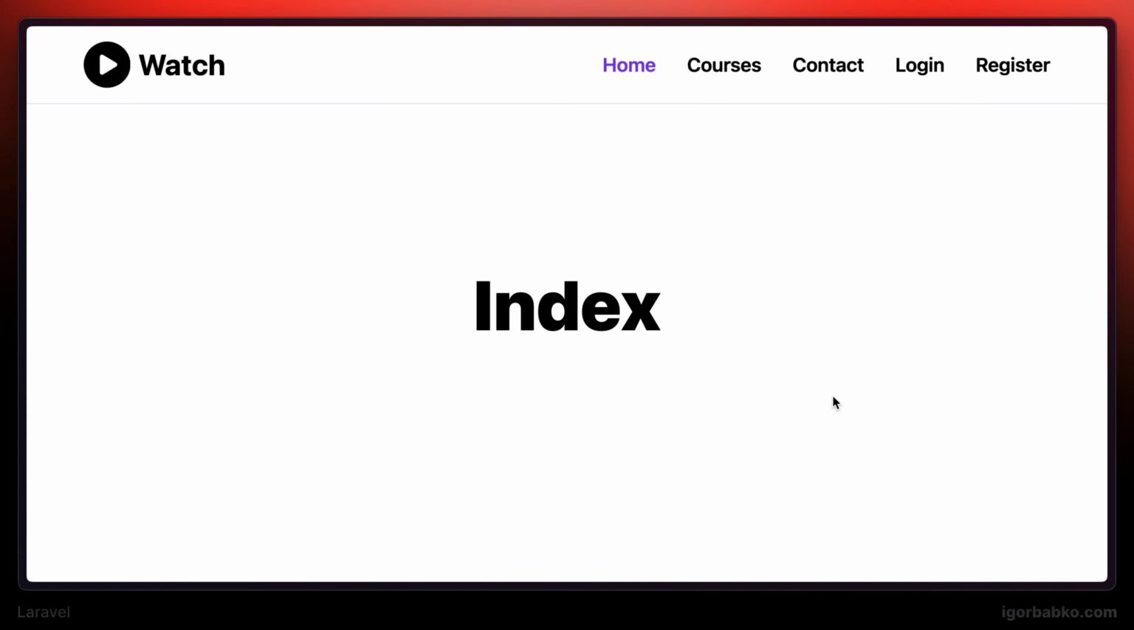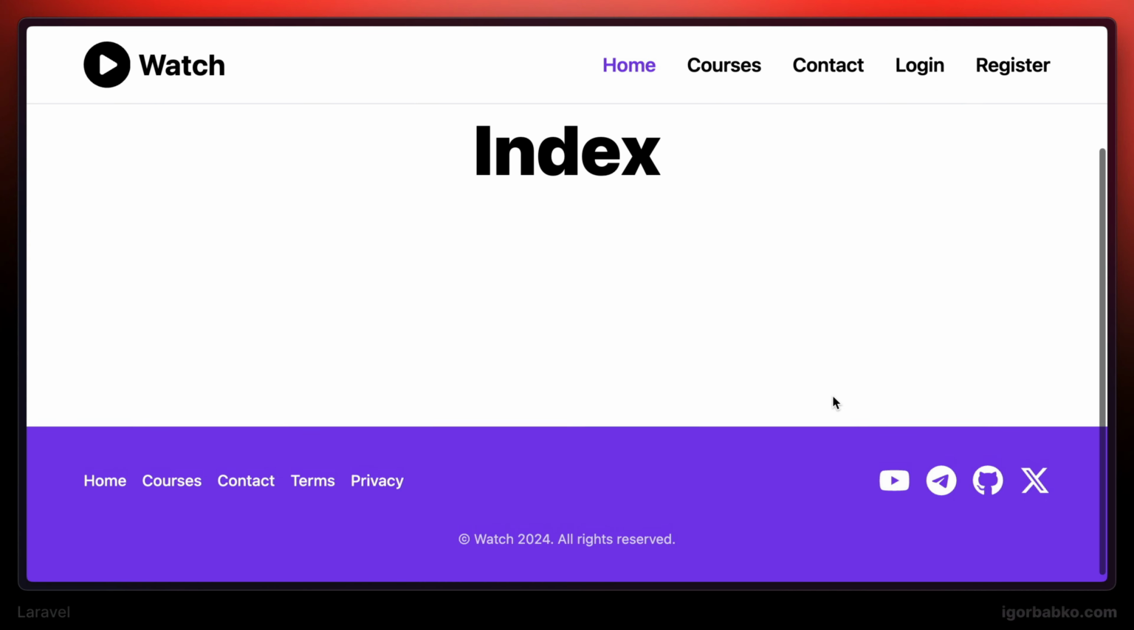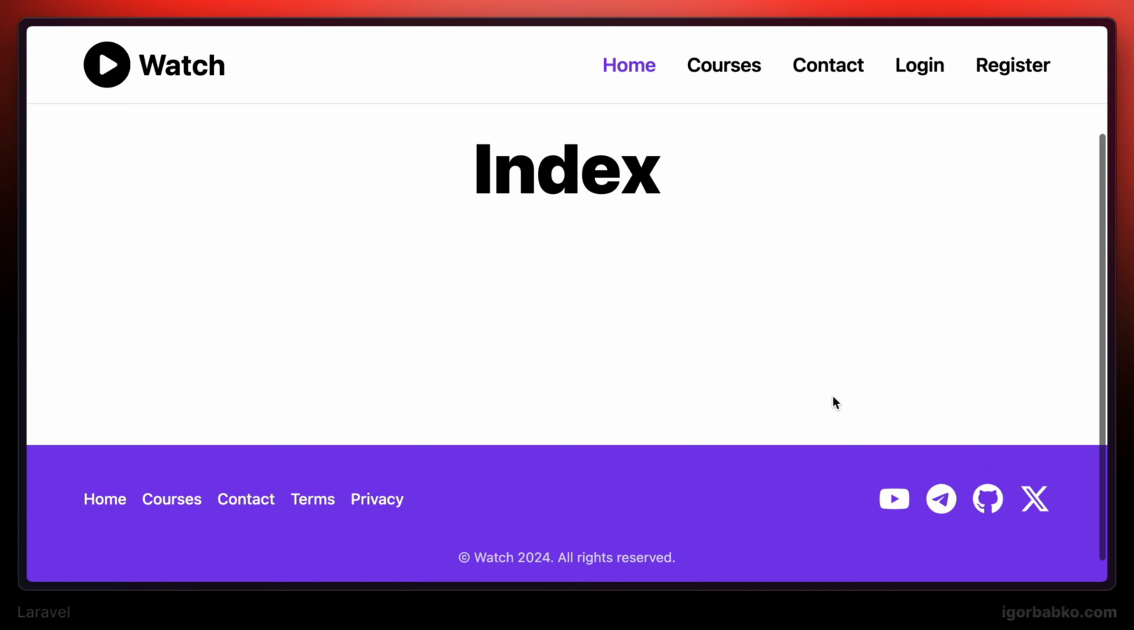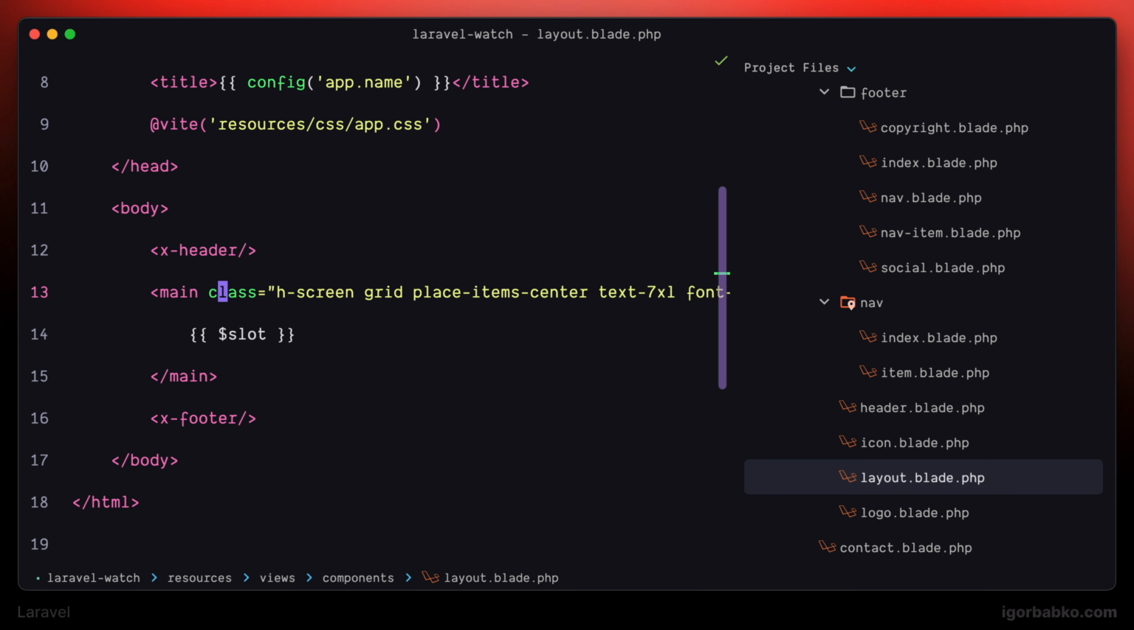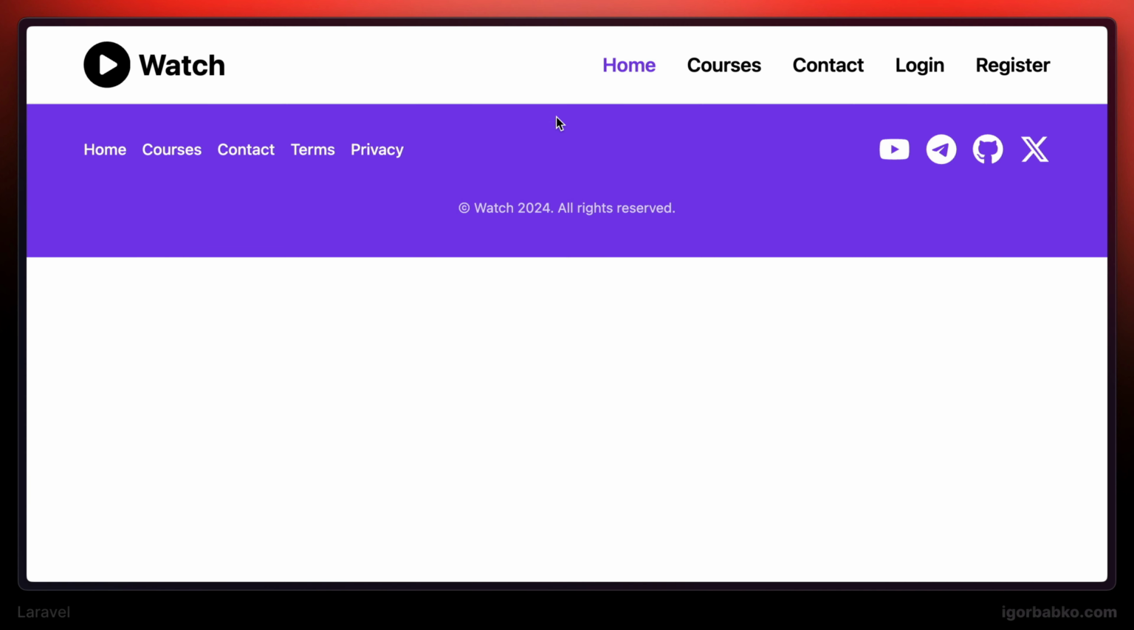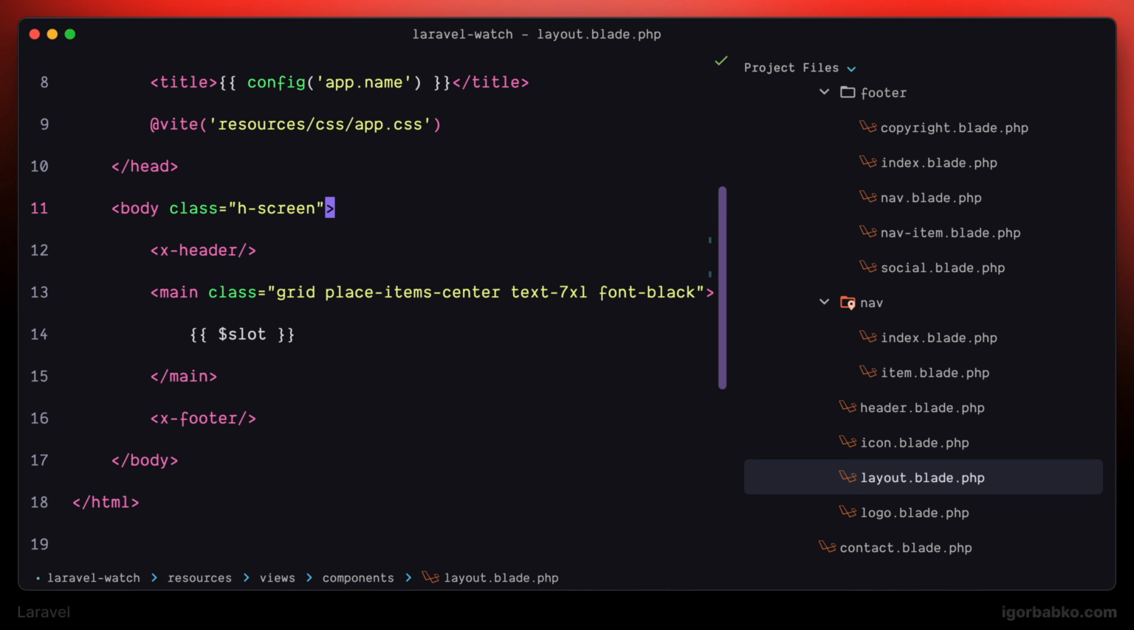Instead of every time having to scroll the page to the bottom to be able to see the footer, let's temporarily move this class hScreen from main element to body element. This way we're not going to have the scroll bar on the page and the footer will be visible right away. But then the main content will not have any height, so let's just make the body element flexible container